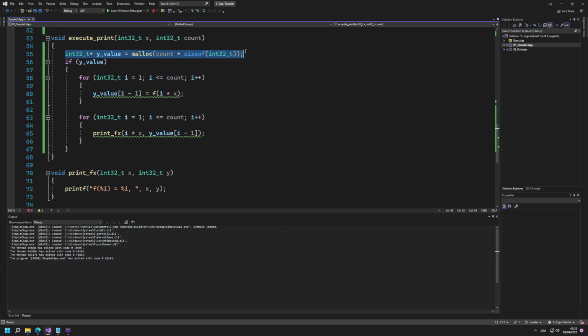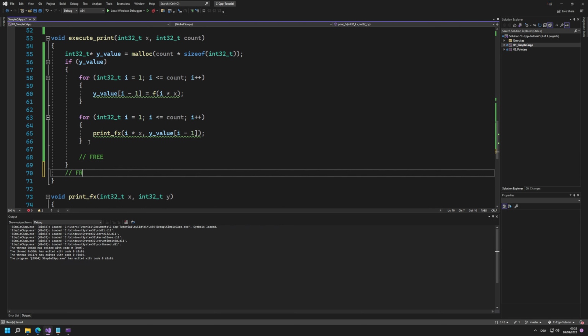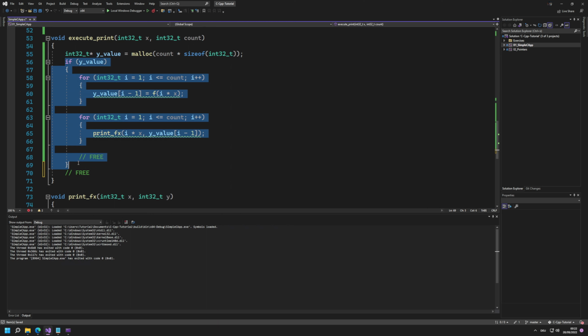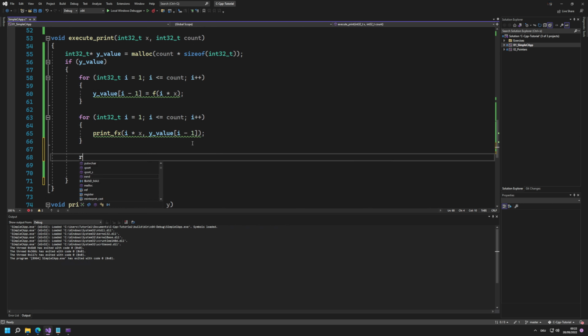So memory that is allocated here, we need to free it. Where do we need to free it? We need to free it here. Free. Why do we not need to free it here? Because if we get a null pointer, there's nothing that we can free. And that's why it's inside of this check if it's not a null pointer. But the free should always be here, and you should be really, really concerned that you don't have a